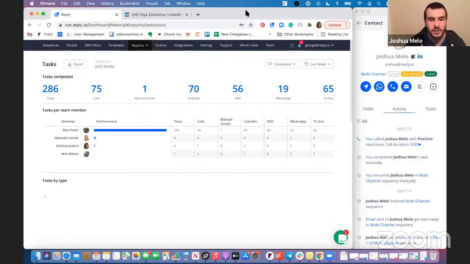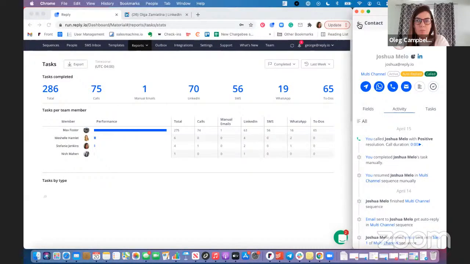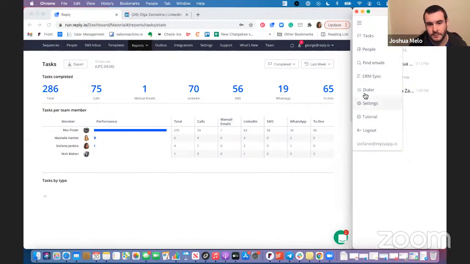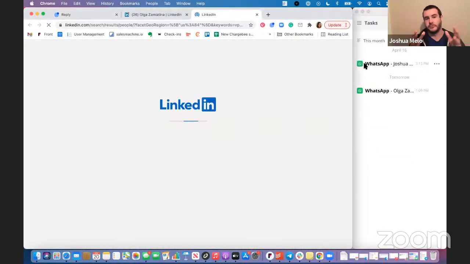Yeah, one last thing before I pick it up. If you want to just quickly run a LinkedIn search just to show people how that works, you get a question about that earlier. All right, are we just doing a general search? Yeah. All right, so I'm going to go to find emails. So once you hit find emails, it's always going to open up a LinkedIn tab of its own.